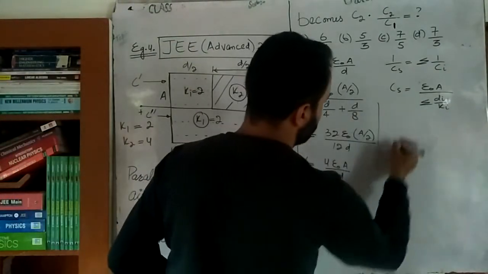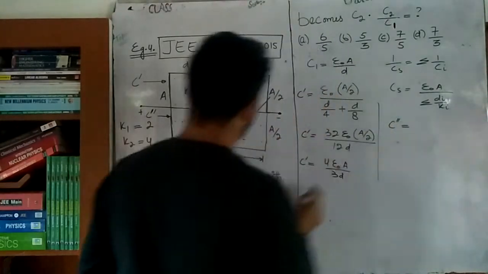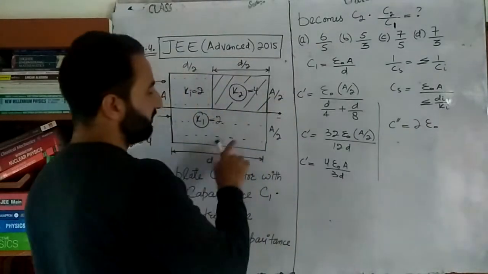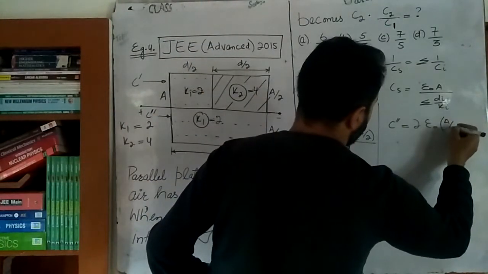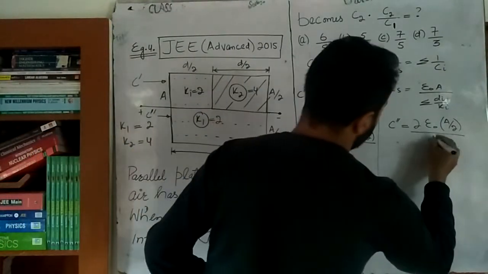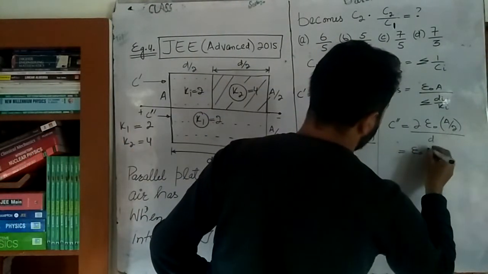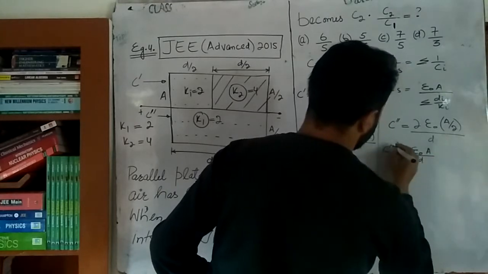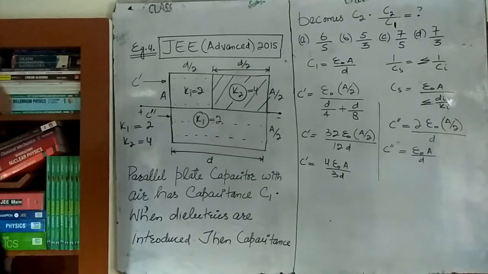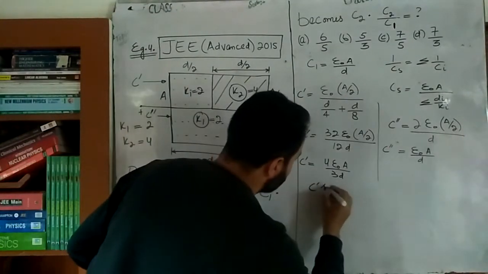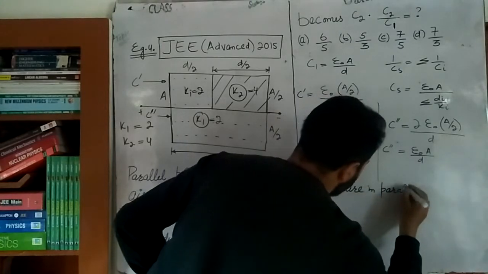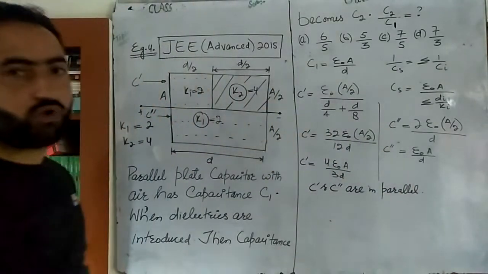Okay, so here I will write down C double dash. C double dash is simply equal to its dielectric constant, that is 2, multiplied by epsilon naught multiplied by its area, that's A by 2, divided by its width. What's the width of this? That's obviously D. So here I will write down D. 2 and 2 will cancel. It will be epsilon naught A divided by D. So this is C double dash, isn't it? Now C dash and C double dash are connected in parallel. So that means the equivalent capacitance will be simply what?